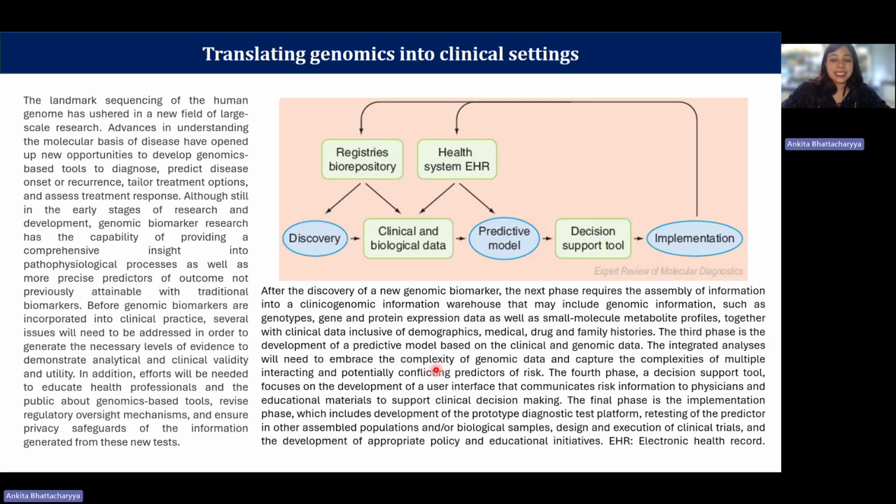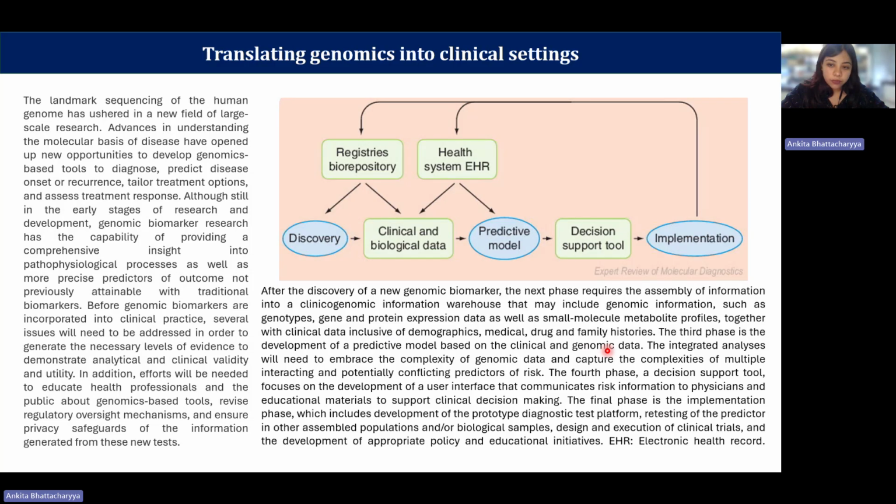Like I was saying previously, the integration of analysis will actually reflect the true situation of the cell, and it will embrace the complexity of genomic data and capture the complexities of multiple interacting risk predictors and potentially conflicting risk